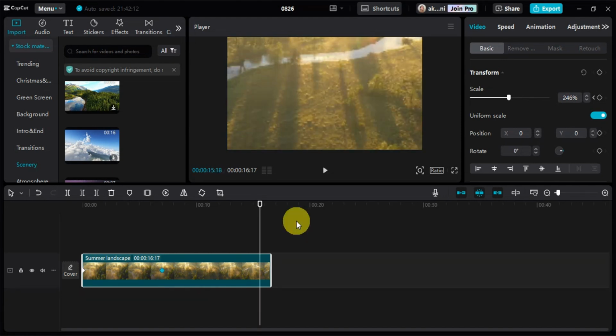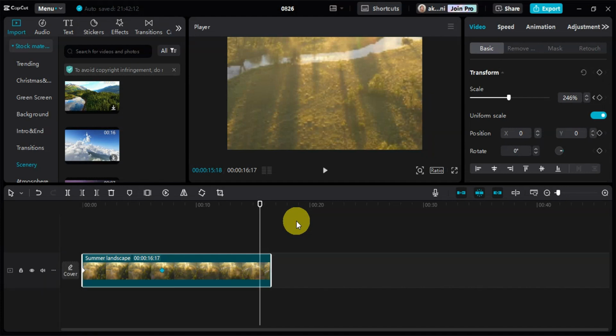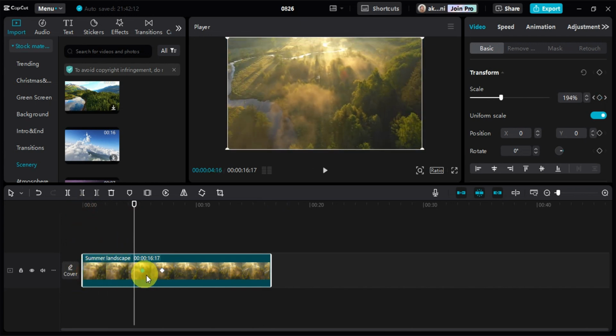Now another trick that you could do is a quick zoom for dramatic effects. It's the same thing as what we did earlier. The only difference is we're going to start by positioning the playhead just before the moment you want the quick zoom to happen. So we're not going to start at the start of the clip. We're going to move this one out to where we want to add in the quick zoom